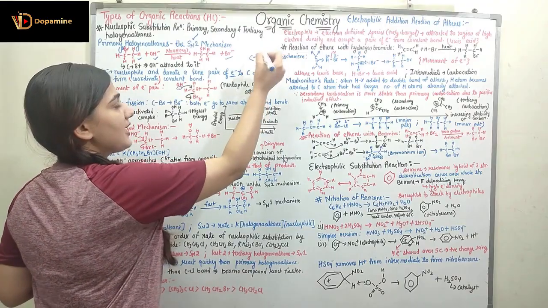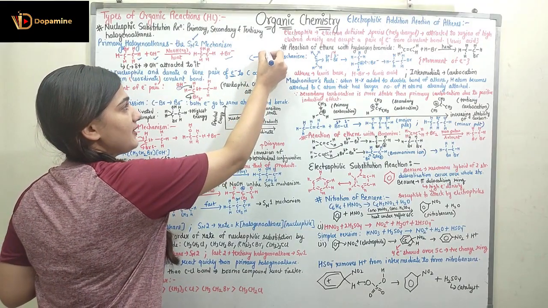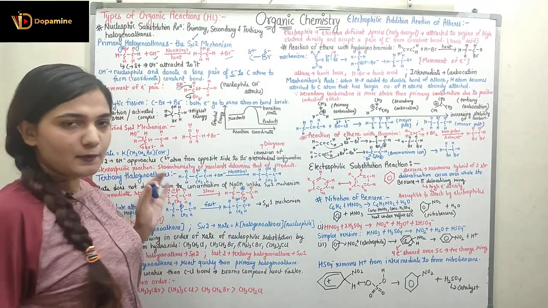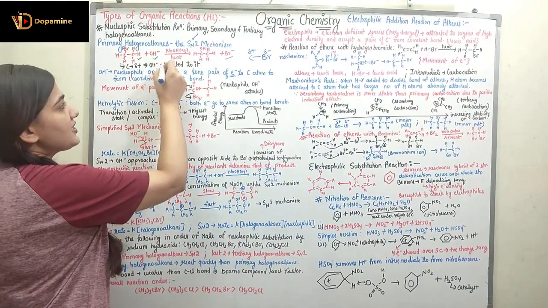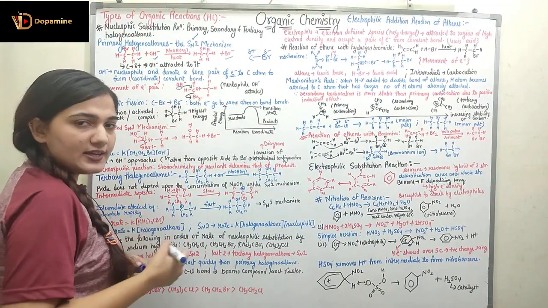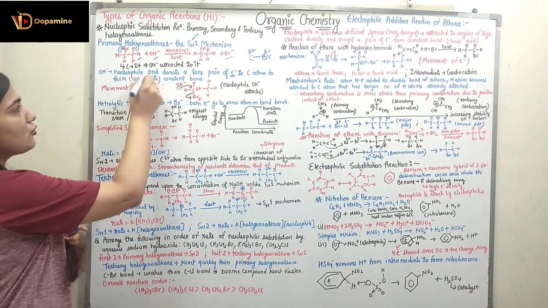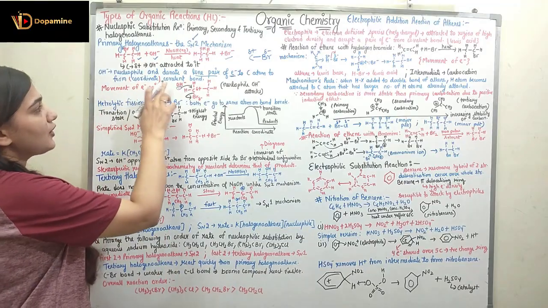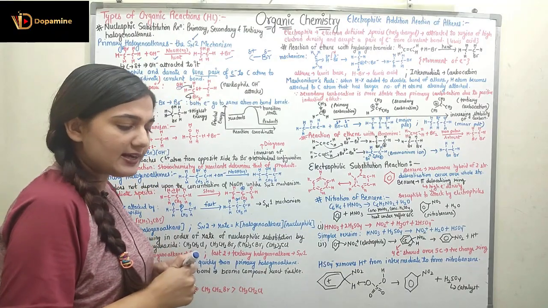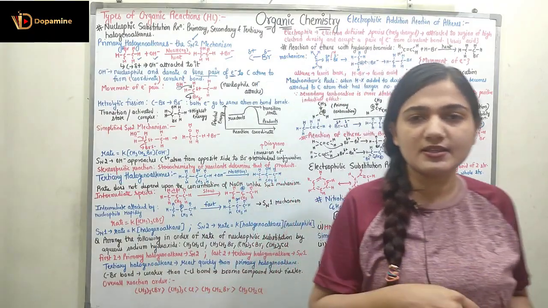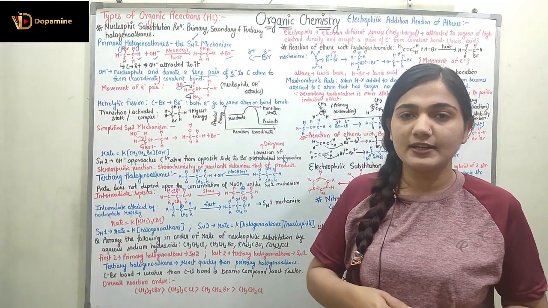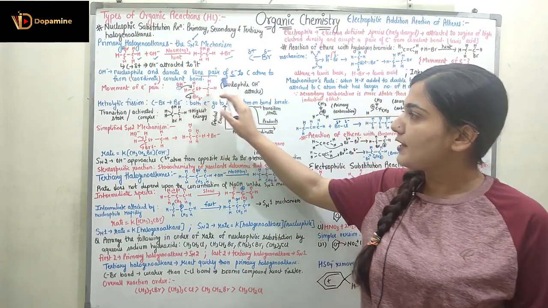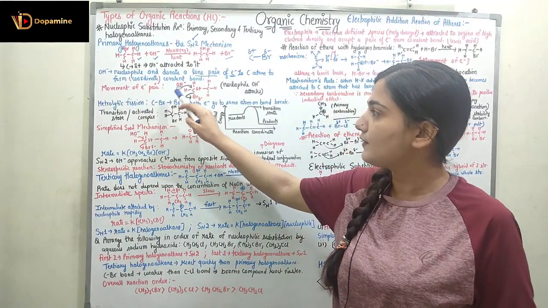So what happens when I have the Br attached to carbon? The bromine is electronegative, so it is going to have some delta negative charge over it, because of which I will have some delta positive charge on the carbon, due to which OH negative is attracted towards it. It is a nucleophile and it donates a lone pair of electrons to the carbon atom to form a coordinate covalent bond. OH negative has some extra electrons, and it is not sharing, it is donating them to the carbon to form the coordinate covalent bond, so that here we can represent the movement of the electron pair.